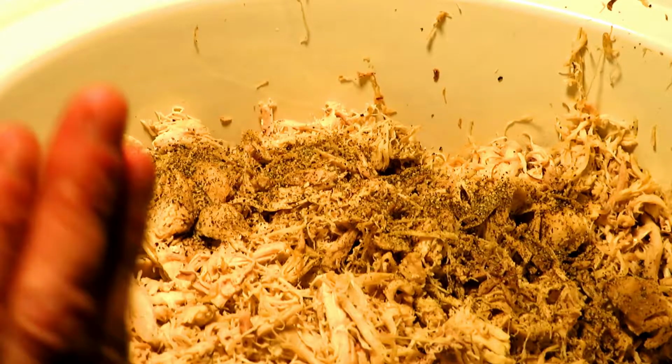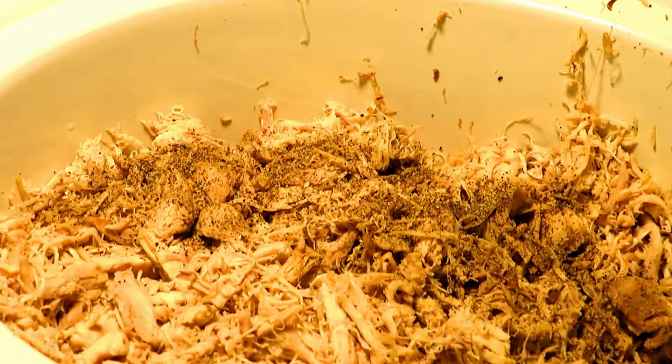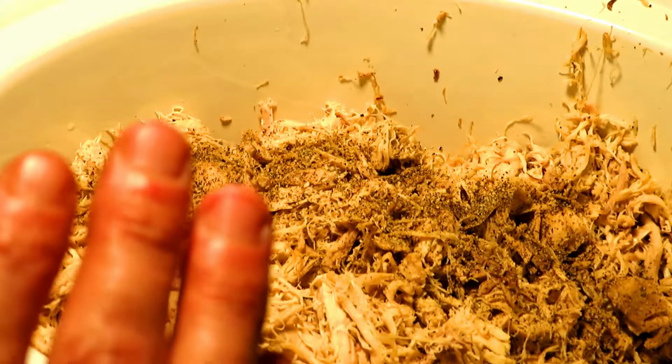One of my jars just popped. Yay! I'm also canning the chicken broth over here. It just came out of the canner. Alright,